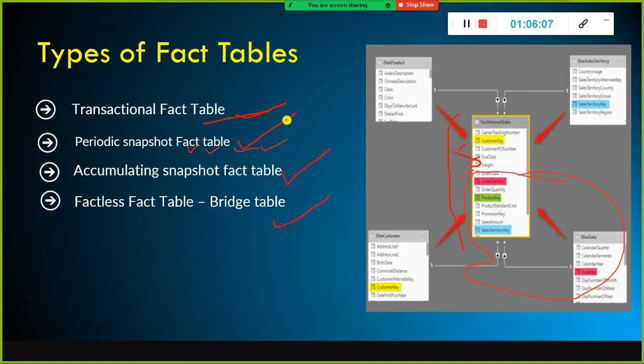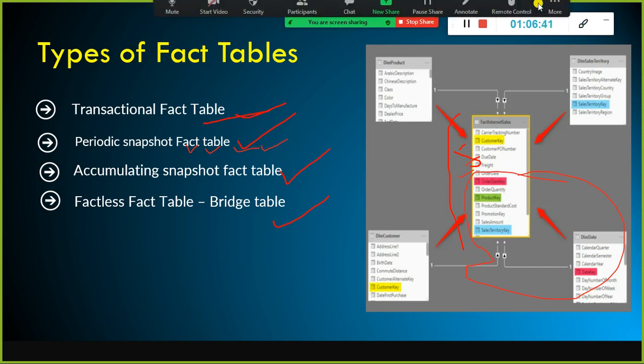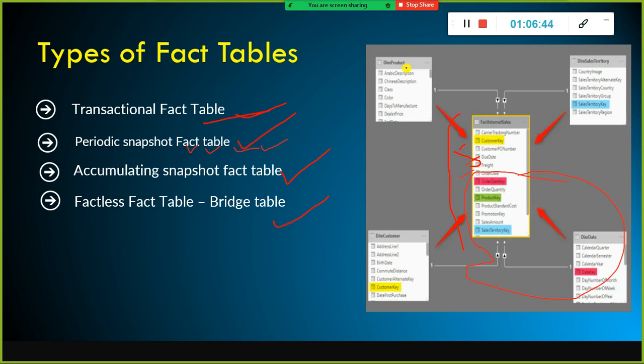Instead, if you summarize the data for each month, at the end of each month, and store it in a separate fact table, then at the end of the year, if you want to view the total sales or total units sold by year, or month-wise total units sold and total sales, since you summarized these two measures on a month-on-month basis, generating the report will be much faster.